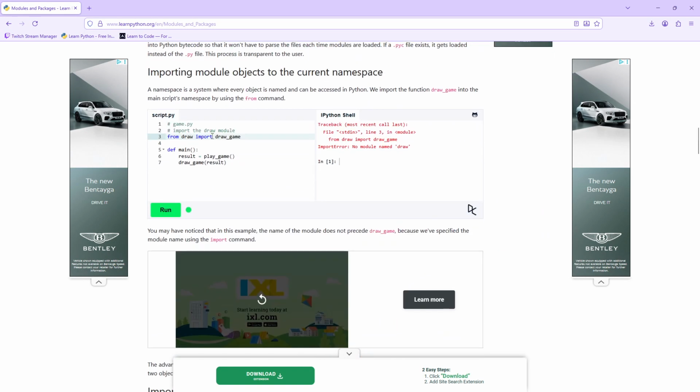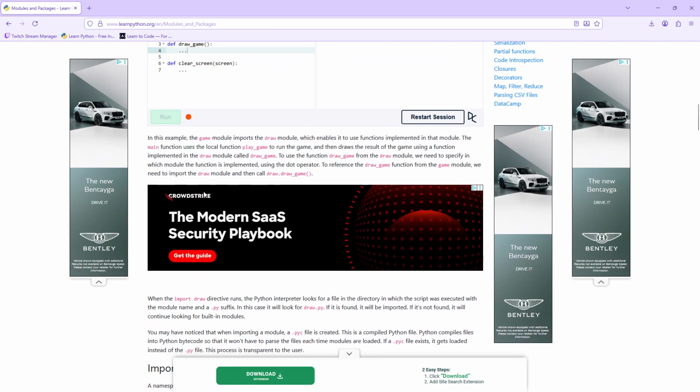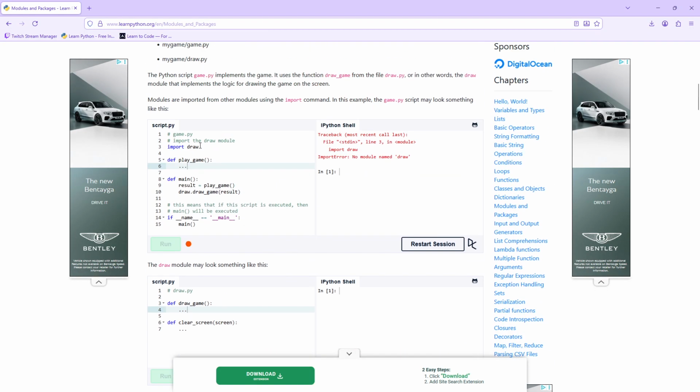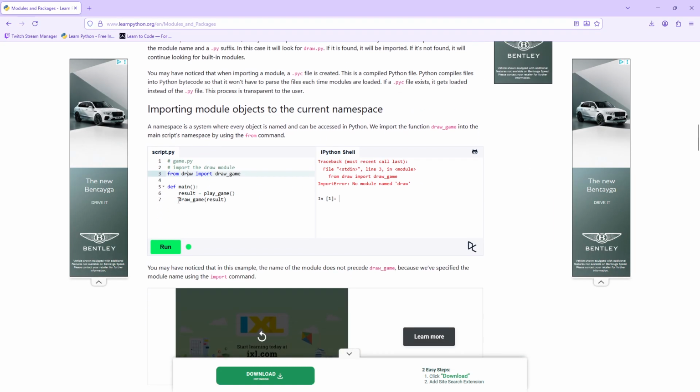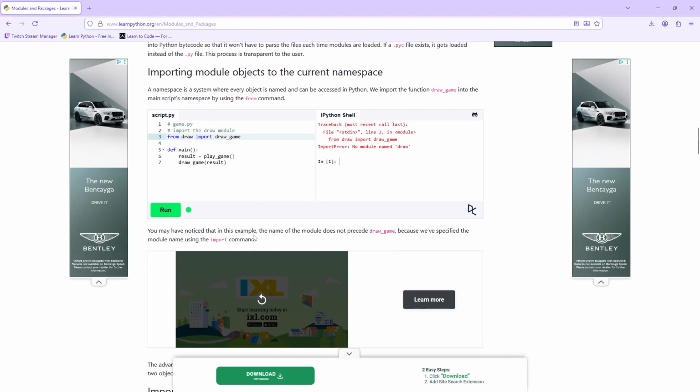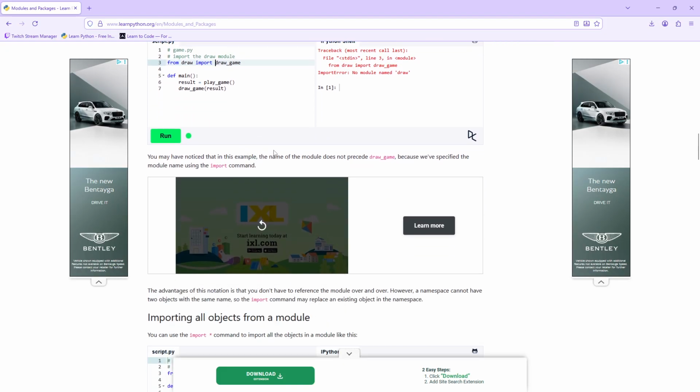Oh wait, yeah, that's right there. You may notice in this example, the name of the module does not precede drawGame. Oh, okay, I think they're talking about how somewhere over here it says draw.drawGame. So in this case, draw is the name of the module, and then .drawGame is the function. In this case, it's not draw.drawGame because we've specified the module name with the import command. Okay. I'll take note of that, but I don't really understand what